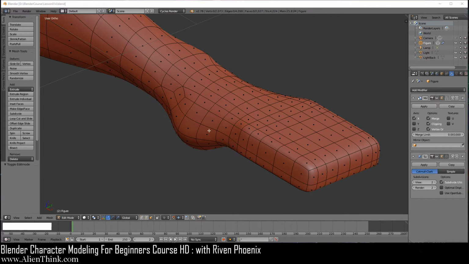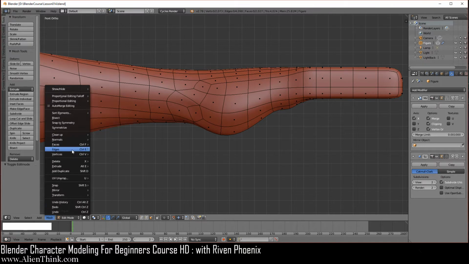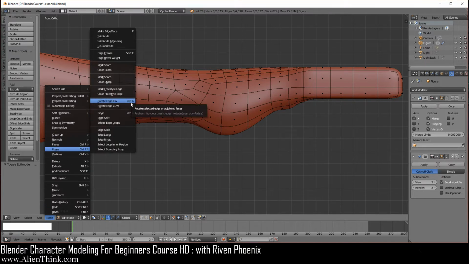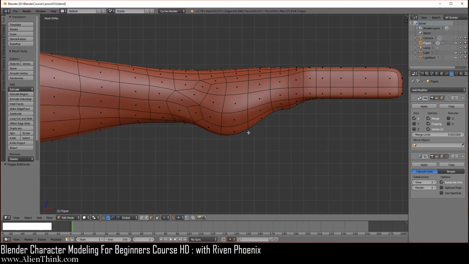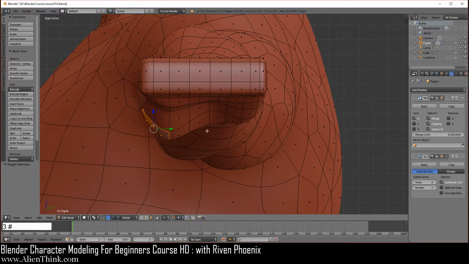Okay, so the first thing that we want to do is press 1 to go into the front view. Make sure your snapping is enabled. You're back on increment over here. This is set on global, and under edit mode, mesh, edges, you still have your shortcut key enabled. So go ahead and select this face over here, shift key down, and then this face over here. Now press the 3 key to go into your right view.